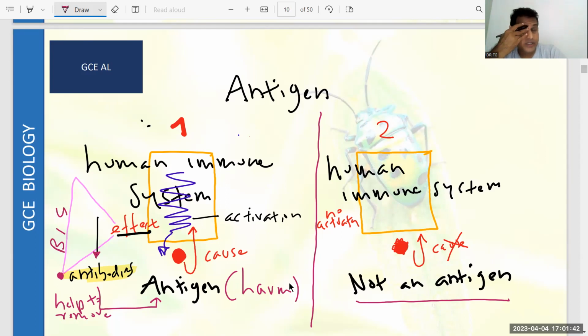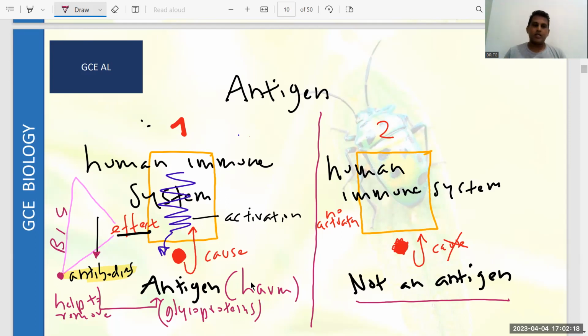So we should learn this kind of basic knowledge in immunology, immunity, because to understand the blood group we also need a certain level of immunity. So antigens are mostly proteins, mostly glycoproteins. It doesn't mean other molecules cannot be antigens, but most are glycoproteins, and they are not a part of the body,